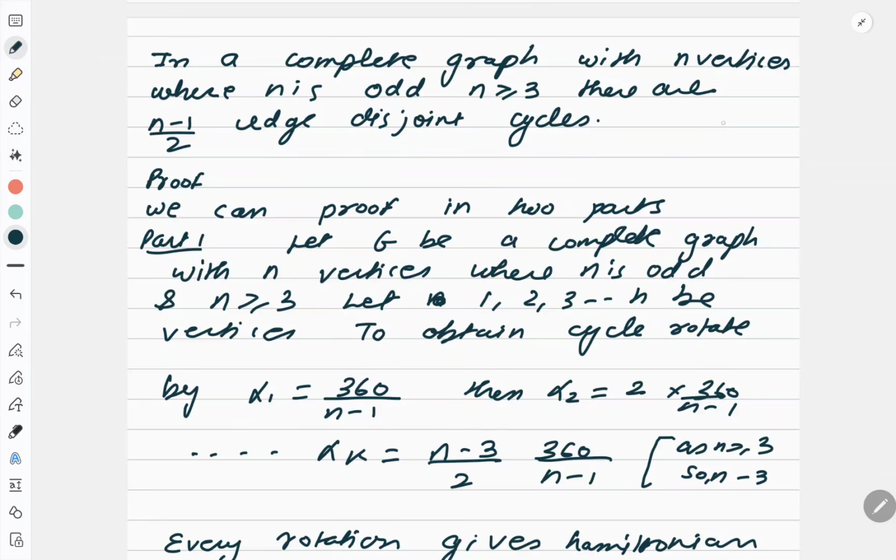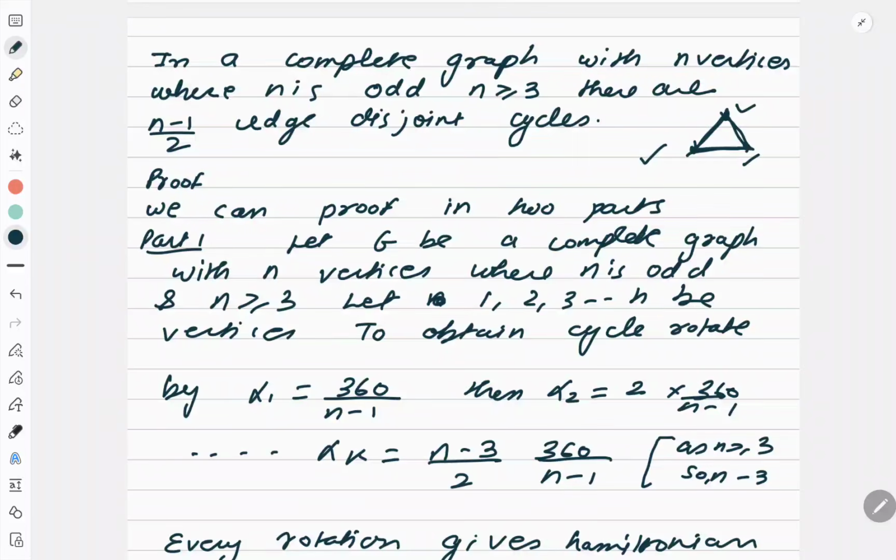Now, suppose you have a graph like this, just for your understanding. So, what is a cycle? This is a cycle. Correct? Now, read the sentence. It is a complete graph also. They are saying if there is a complete graph with n vertices and n is odd, 1, 2, 3, so odd, there are (n minus 1) by 2 disjoint cycles, meaning 3 minus 1 upon 2 is 1. So I got one cycle here.